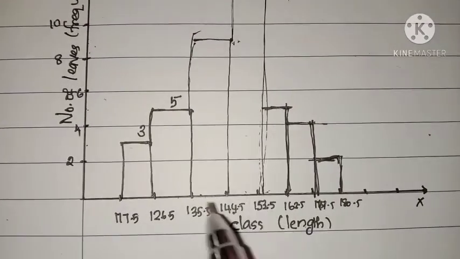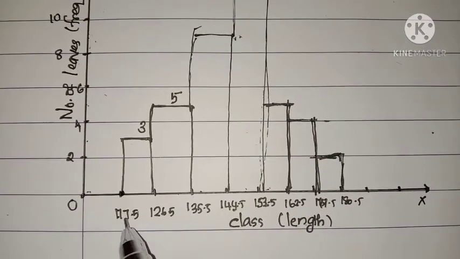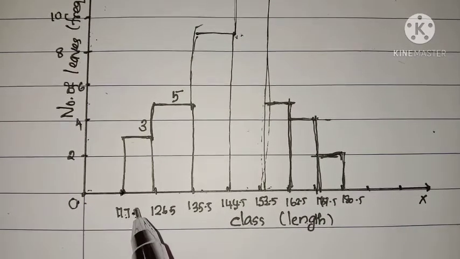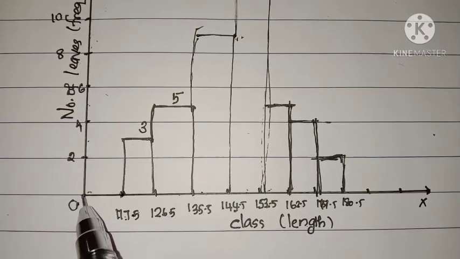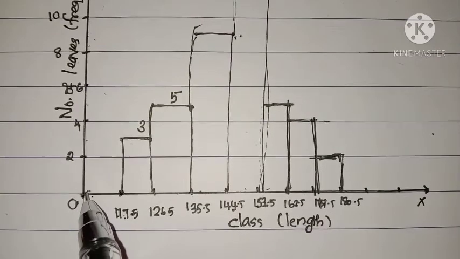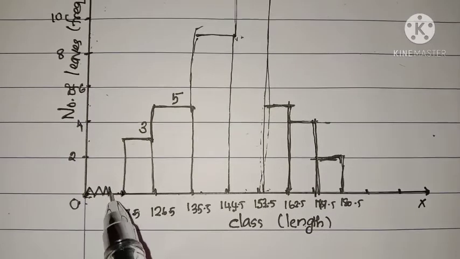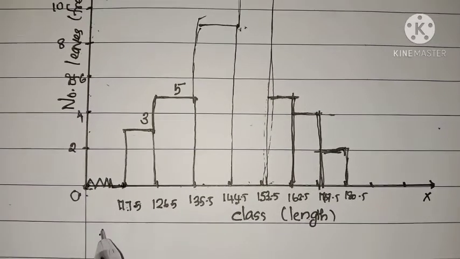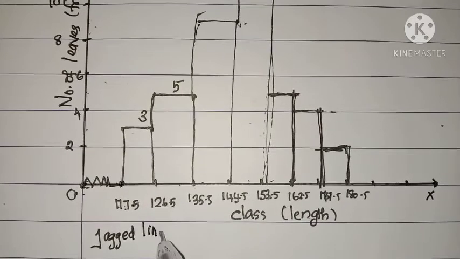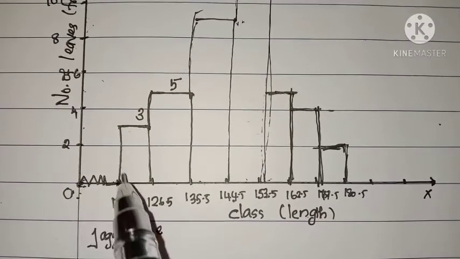So listen, in this data, this point is 0 and the next point is 117.5. Actually, in between 0 and 117.5, you can see a lot of numbers, isn't it? 0, then 0.5 and so on. So we can consider this segment as, listen, just draw a zigzag line, and this line is known as a jagged line. So a jagged line means in between 0 and 117.5 a lot of numbers are occupying.